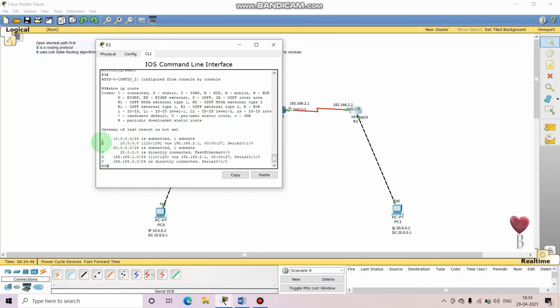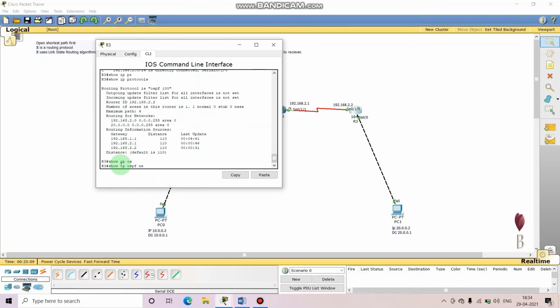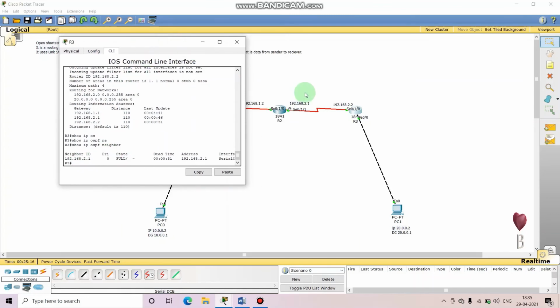Then we will be doing show IP route. See, two configurations are showing. Let's do show IP protocols. See this. Okay, let's do show IP OSPF neighbor. See, here it will show you one neighbor only, because for this router this is the only neighbor.